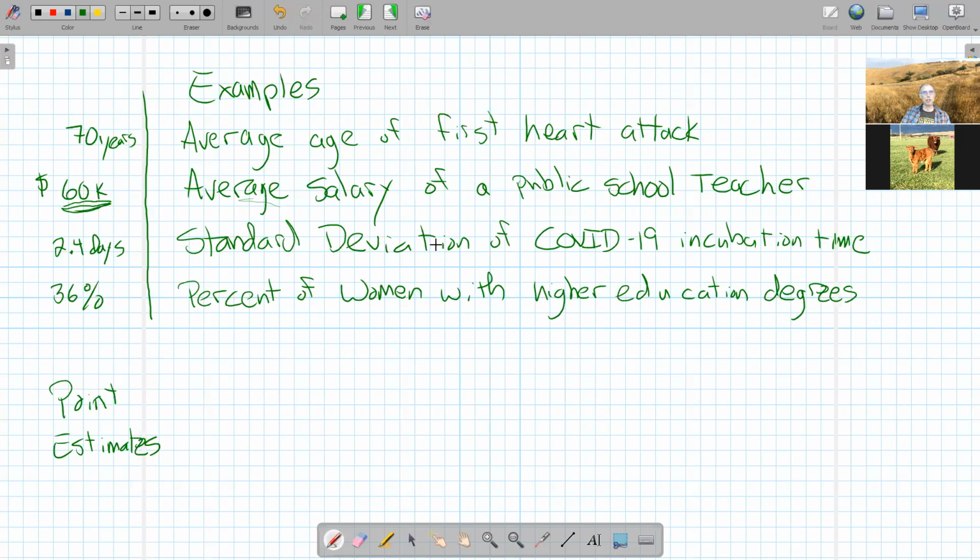Percent of women with higher ed degrees, okay, COVID-19. All right, so these are just some examples. Now, notation, this notation is important because you're gonna have to write to me about this stuff. When we're talking about samples, which is where this data came from,